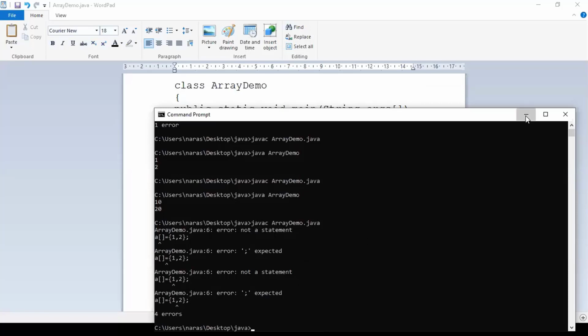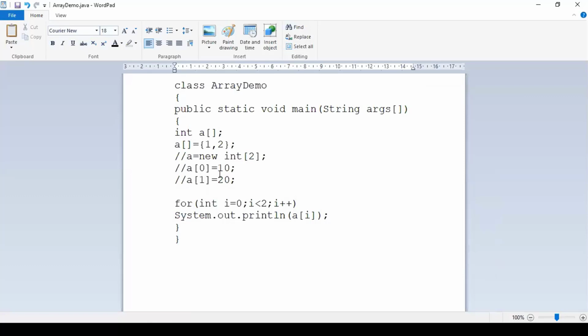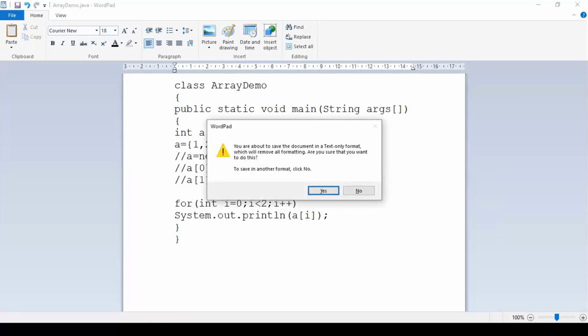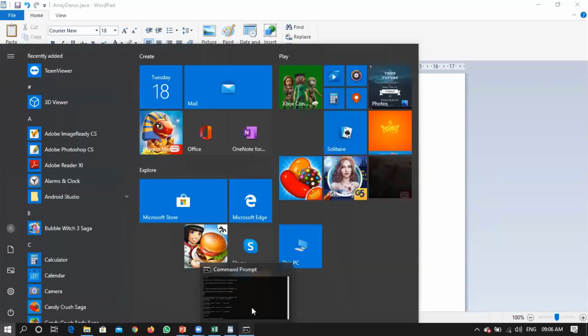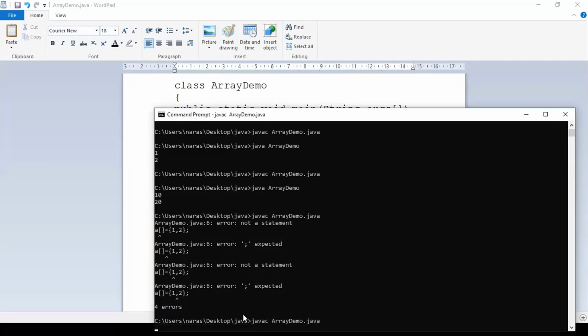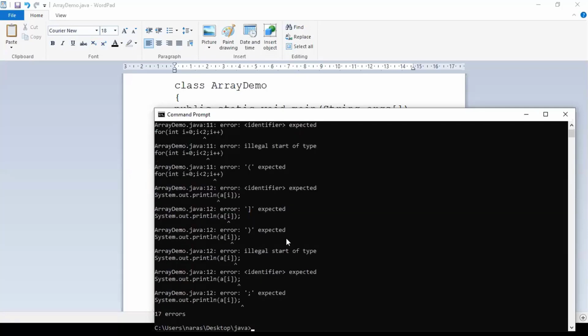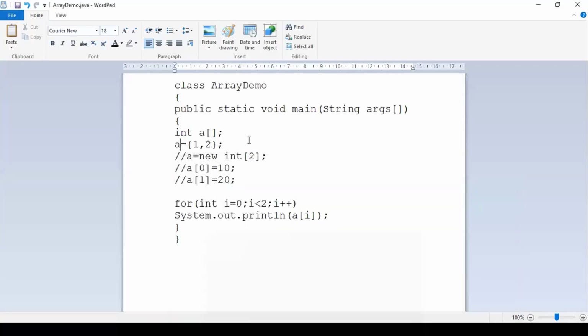At least we'll do one thing. Let us change this one. Is this array declaration, I mean initialization of an array? Will you be doing initialization like this? Let us see what the compiler is going to say to us. Illegal start of type. So many errors, right? So why have I made this modification and told you: if you don't want to use the new keyword during a declaration itself, you have to initialize the values.